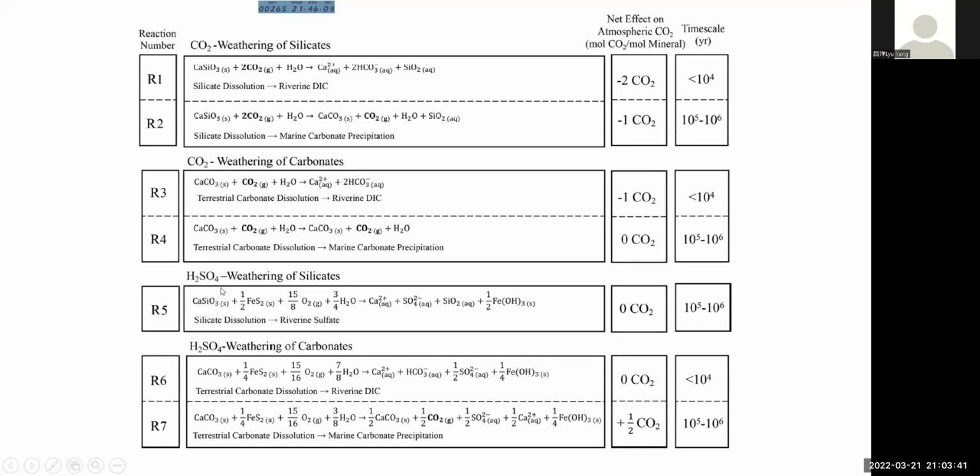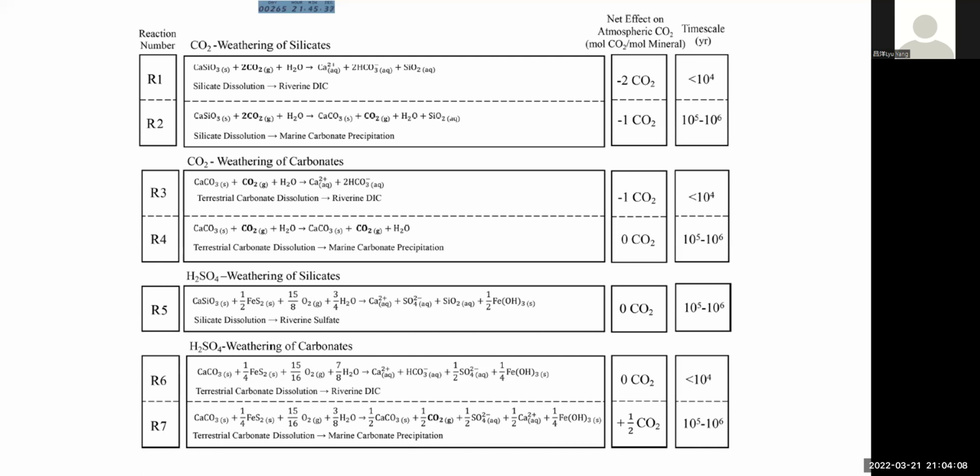So the acid rain would cause this H2SO4 weathering. However, within the surface, at a particular depth, a large amount of pyrite is also present, and this pyrite oxidation will also cause weathering processes, and that will also change the amount of carbon